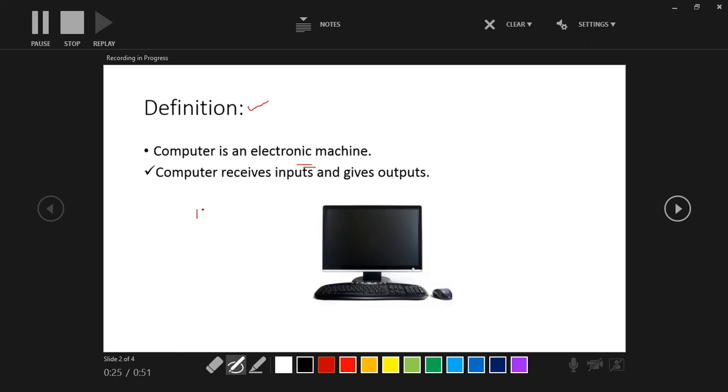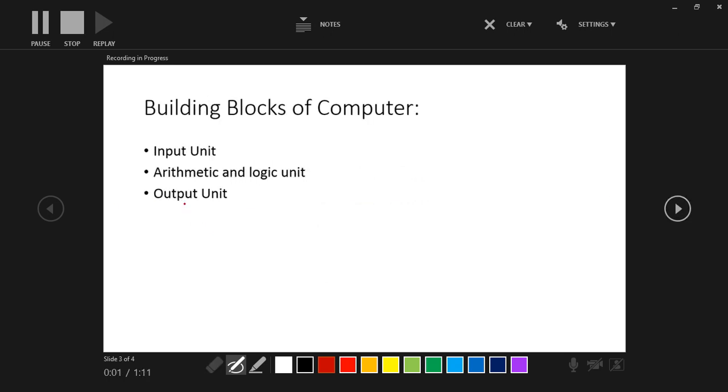Suppose I want to write computer receives input through the input device. So this needs a little bit of practice. See, input devices, whatever you want to write to make it more explanatory, you can go like that. And then go to the next slide. Whatever you wish to tell, explain it.